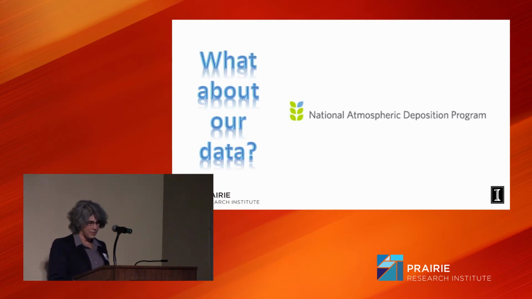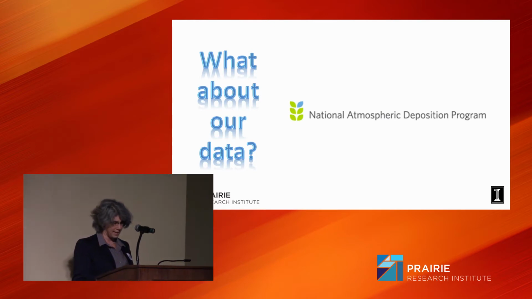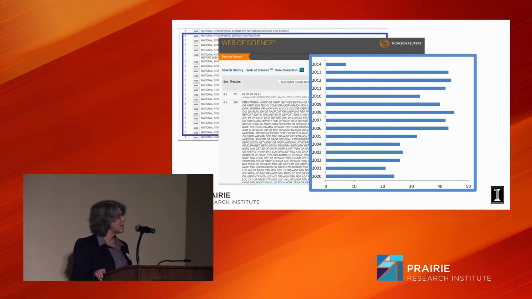So a few programs have asked me to help track use of their data, and one is the National Atmospheric Deposition Program at the Water Survey. And I began in librarian fashion with the traditional cited reference search in the Web of Science, in which I found incomplete and inconsistent metadata for cited works that made it hard to distinguish data from other stuff. And I found that records were limited to what was cited in the actual bibliography.